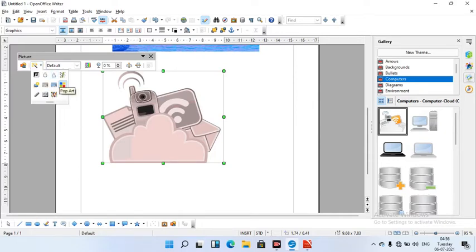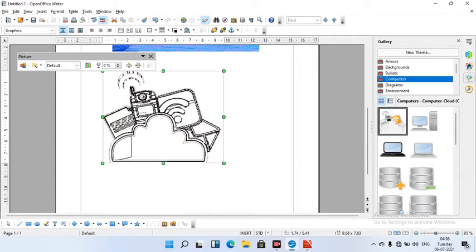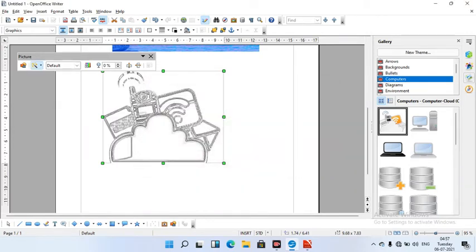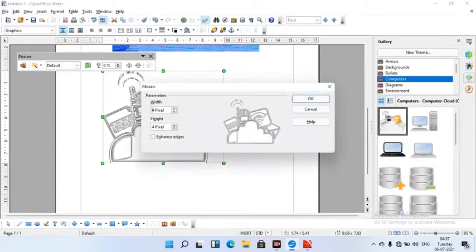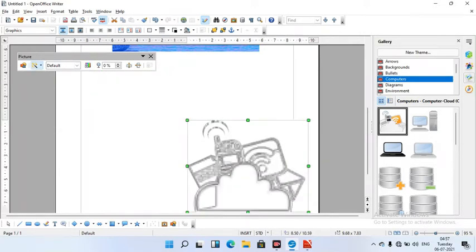And next is pop-up. This is the pop-up filter option, and this is charcoal. It will look black. And next is relief. This is a relief filter option. And next one is mosaic. This is the mosaic filter option. Okay, we have seen almost all these filters.